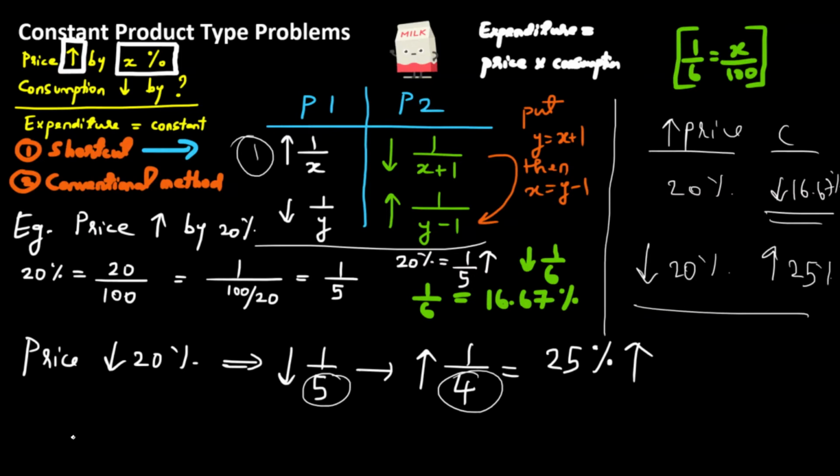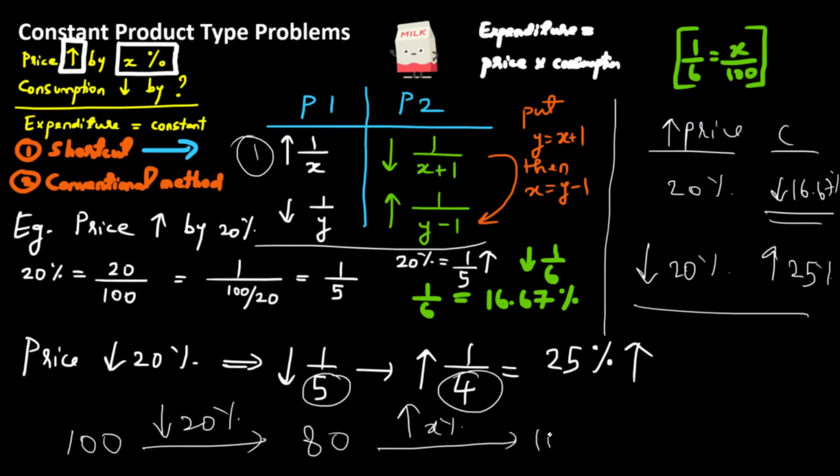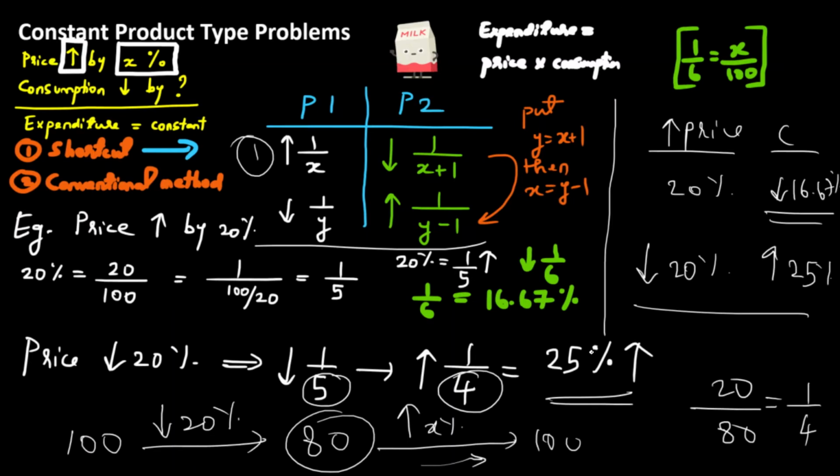Initially, let's assume that the expenditure was 100. Now if there is a decrease in 20%, right? So that's 80, right? So 20% of 100 is 20. 100 minus 20 gives you 80. Now by how much should you increase 80 so that you get back to 100? So that percentage change is change by initial value, and you're going in this direction, right? So the initial value is 80. So what's the change? It's 100 minus 80, which is 20, and the initial value is 80. So 20 by 80, which is equal to 1 by 4, which is equal to 25%, and that's the same thing that we got over here.